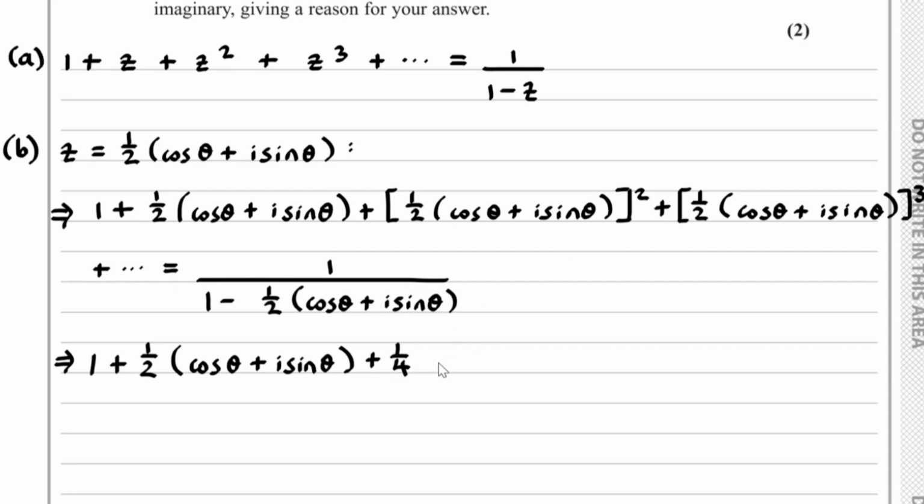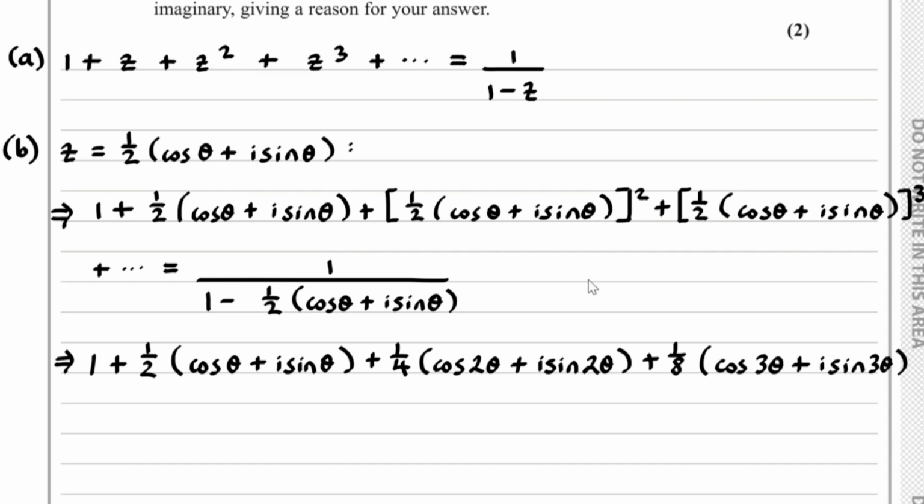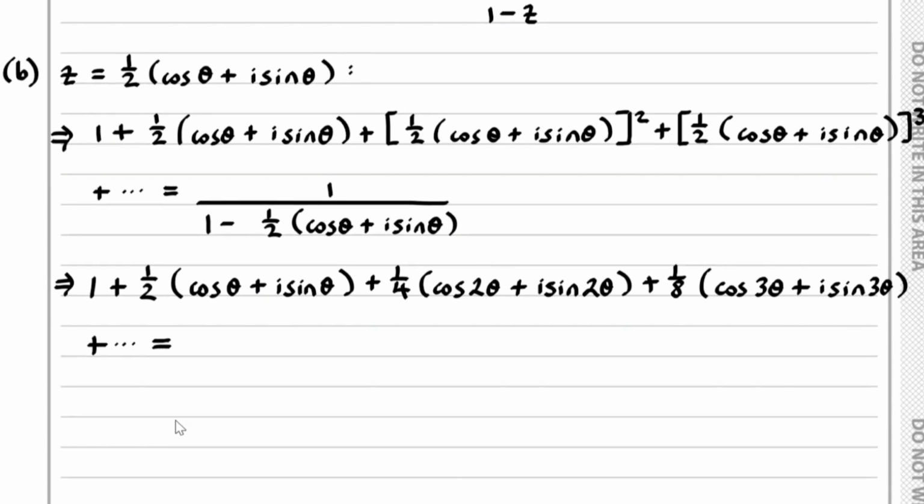And then if we use De Moivre's theorem, we have cos 2 theta plus i sine of 2 theta. And then 1/2 cubed, that's 1/8. And then here we've got cos 3 theta plus i sine of 3 theta. And then we could carry on, but what you'd find is this is all equal to,